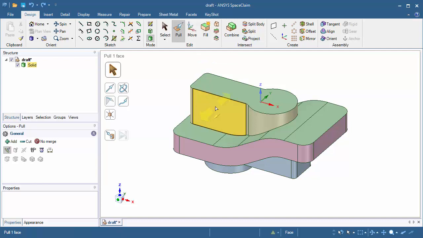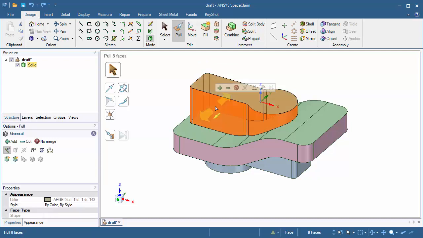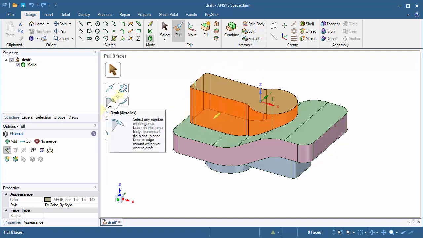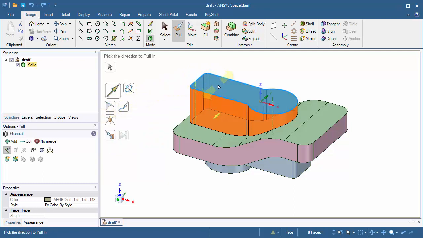Now we can manually select these one by one, or we can double click and select all 8 faces at the same time. The reason I'm able to do this is because these faces are tangent continuous. There are rounds at every edge corner. Next, we can click on the Draft Tool Guide here, or we can press and hold the Alt button to specify a drafting plane. Let's go ahead and press and hold the Alt button and select the top face here